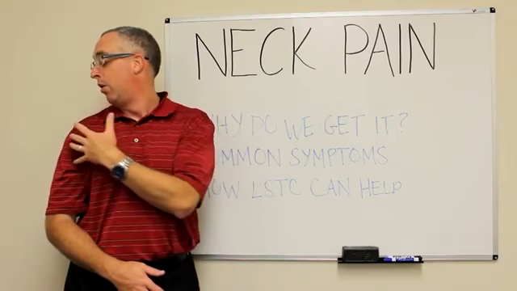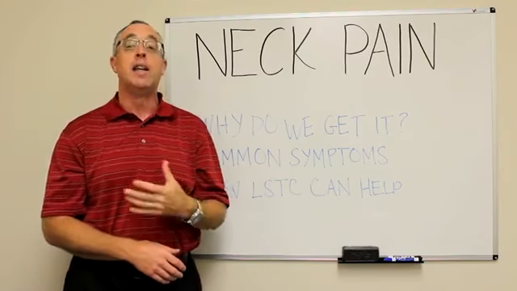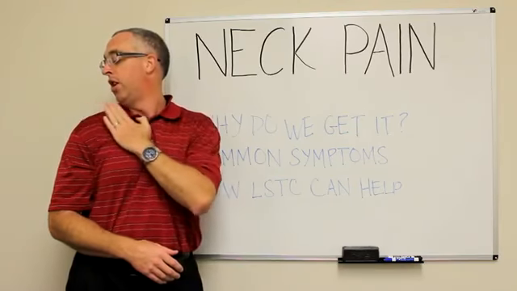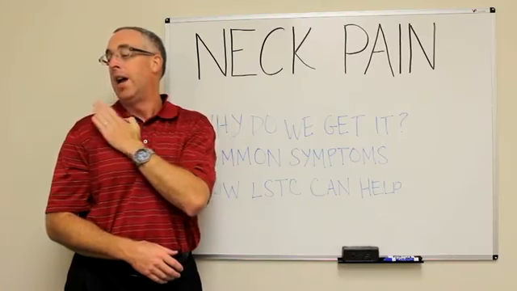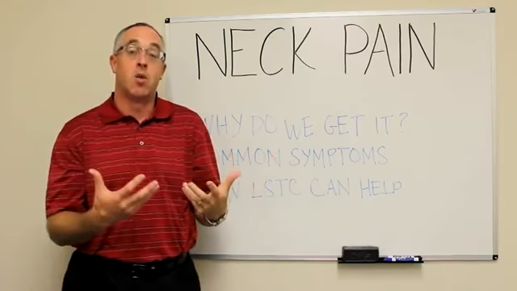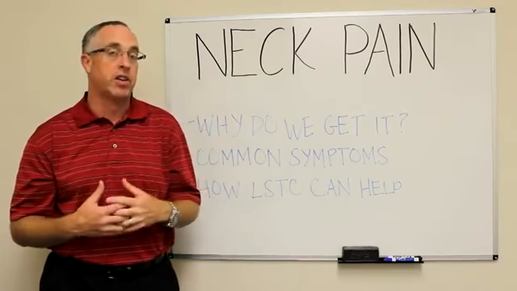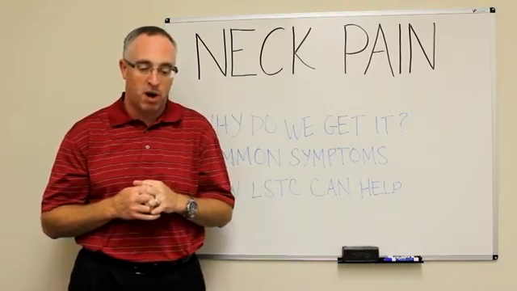And then again, I ought to be able to turn as far to the right as I can to the left without that same pull. Ideally, you want to be able to turn so that your chin is just in front of your shoulder. Anything less than that is a sign that those muscles aren't as long as they need to be, and that's a warning sign that that stiffness is starting to progress and potentially cause you some much greater problems.